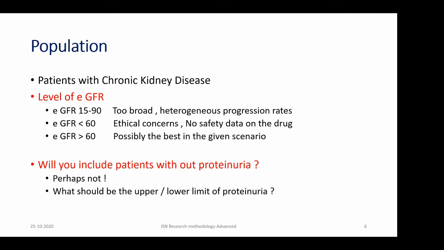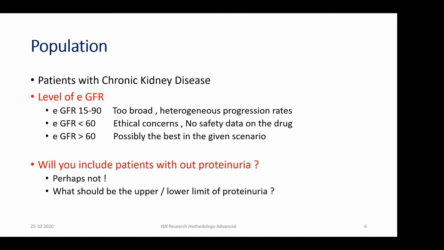The other question is whether we will prescribe an upper limit of proteinuria. Again, that is up to the investigator. So we know that people who have massive proteinuria, say to the tune of 8 gram, 10 gram and all, most of the time the prognosis is slightly different from the other patients. And if you want to have a cutoff of proteinuria, well and good, that's perfectly acceptable. So I would leave it up to the investigator to decide on the upper limit of cutoff. If somebody wants to put it as 3 gram, fine. If somebody wants to put it as 5 gram, fine.